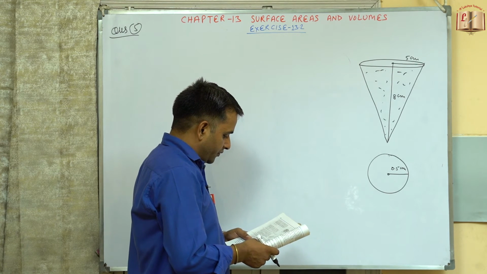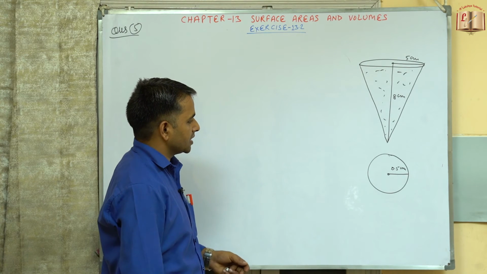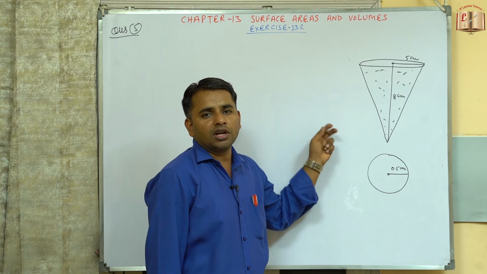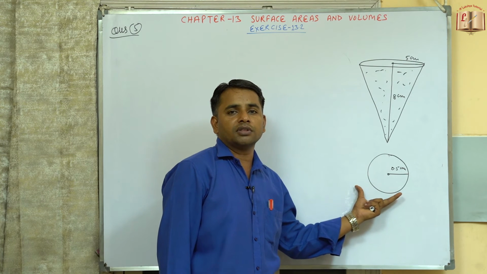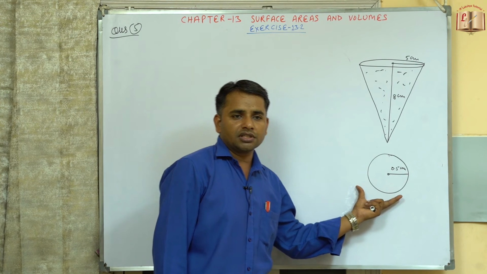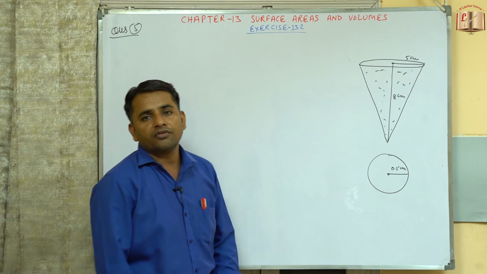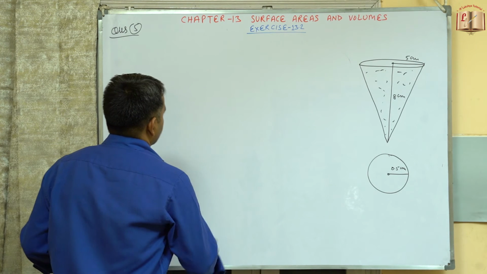1/4 of the water flows out. Find the number of the lead shots dropped into the vessel. Now whatever the 1/4 water coming out, so volume of 1/4 of the water will be exactly equal to the volume of the lead shots. So जितना नंबर लीड शॉट्स का वॉल्यूम होगा उतना सेम वॉल्यूम किसका होगा, 1/4 of the water that flows out from this conical vessel.